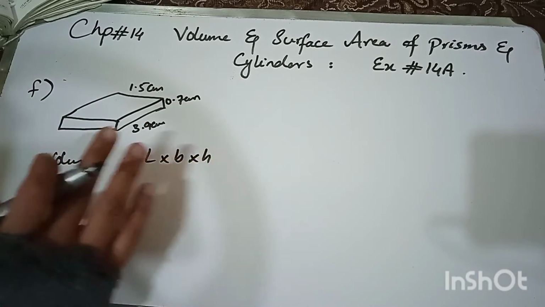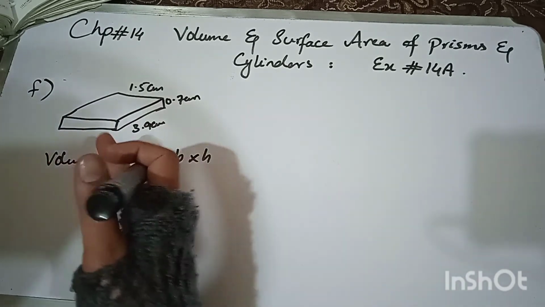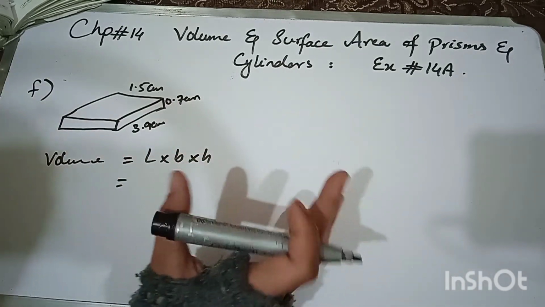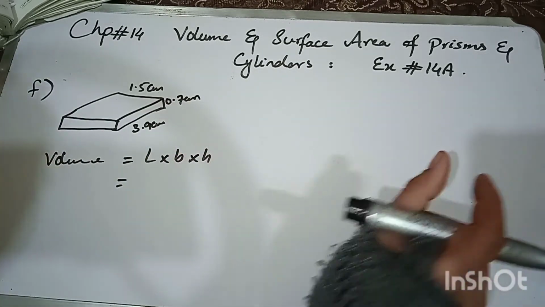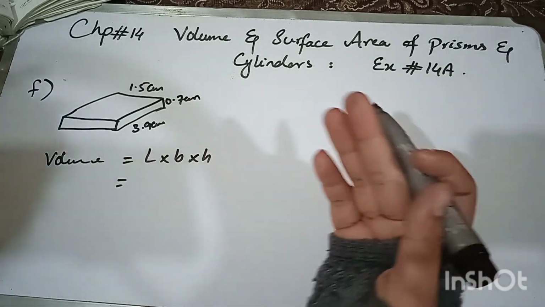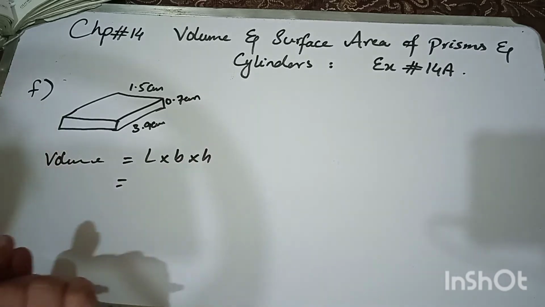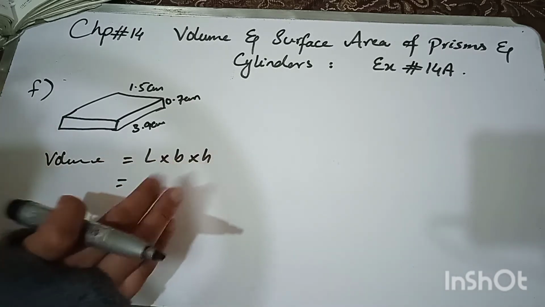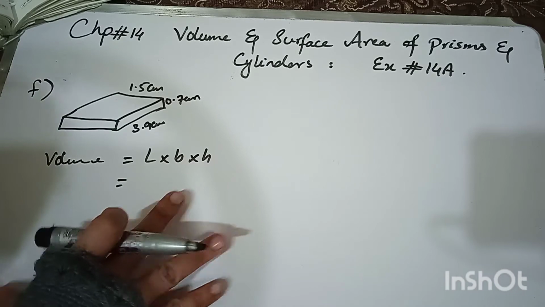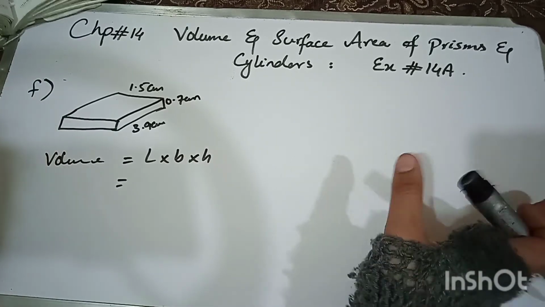Okay, ji, question number 3 and 4 are similar. In question number 3, we have to find out the volume as well as the surface area, whereas in question number 4, they skip one of the four things and we have to find out that by putting the formula. So after that, we have to solve the question number 4, but not all the parts. We have to solve some specific 1 to 2 parts of the question number 4. I hope so after watching the video question number 3 and after solving all the parts of question number 3, you will be able to solve all the question numbers 4 by yourself.